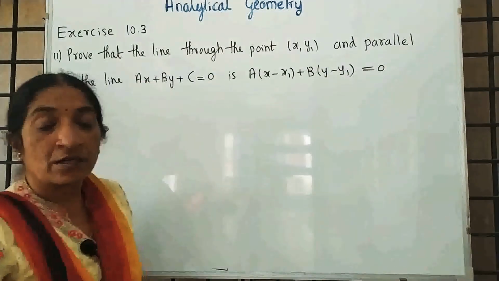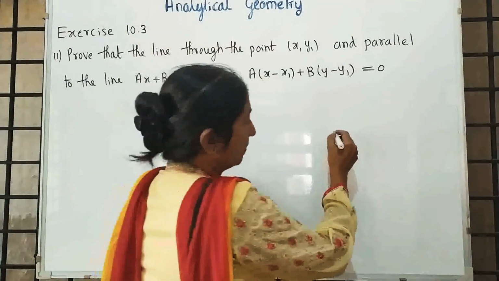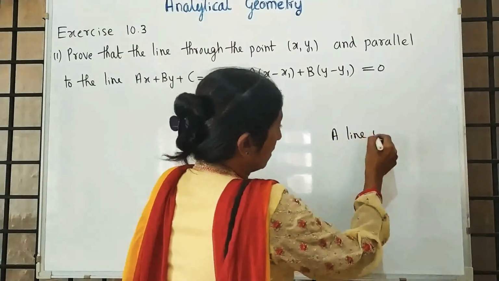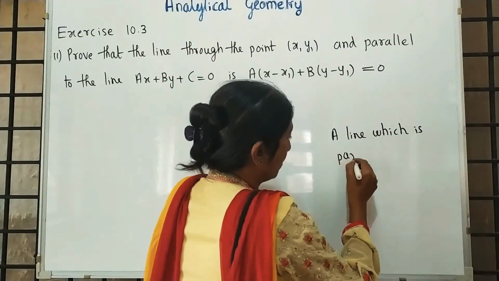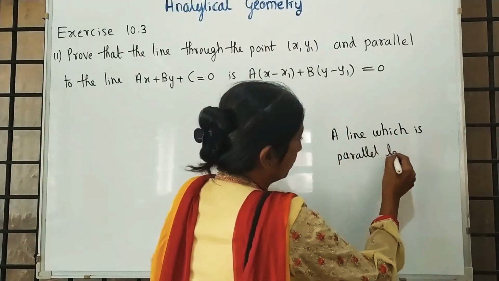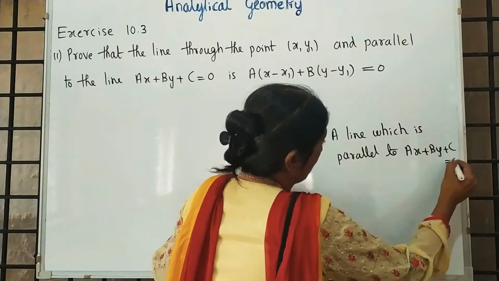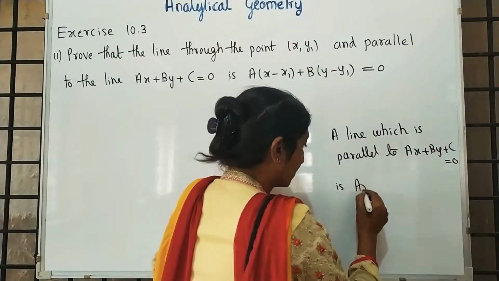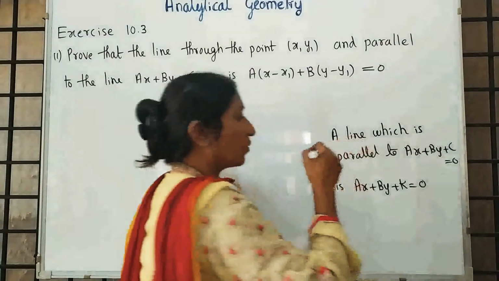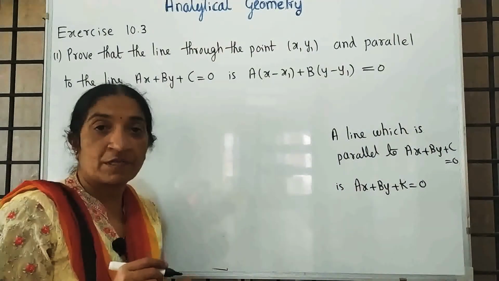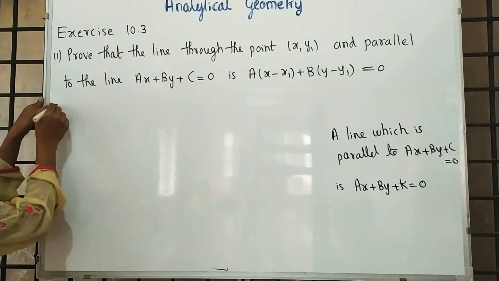So in one of the previous classes I already gave the formula. What is that formula? A line which is parallel to ax plus by plus c is equal to 0 is ax plus by plus k is equal to 0. In one of the previous classes in the notes I gave this important concept. So using that concept,